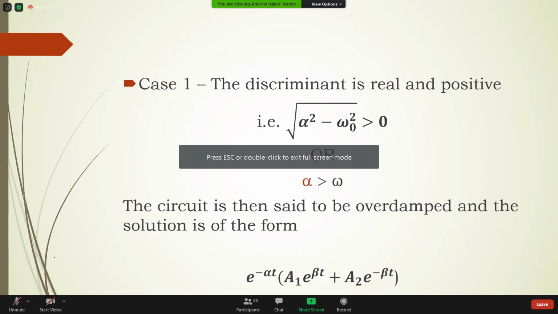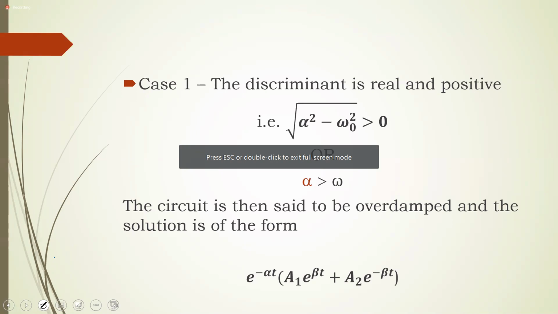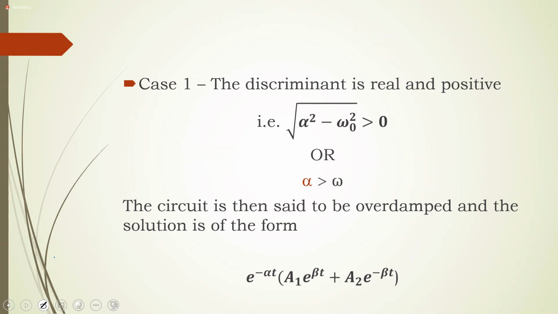So for an overdamped signal, if you represent that graphically, and since we're dealing with the current within our circuit, if I represent that, this is time, this would be your current, right? Then your overdamped